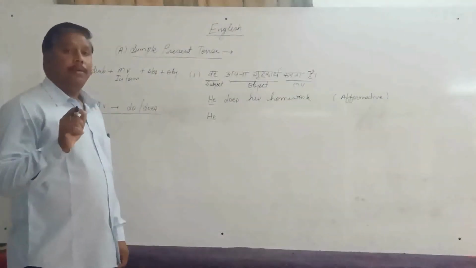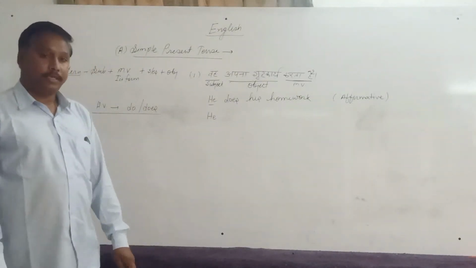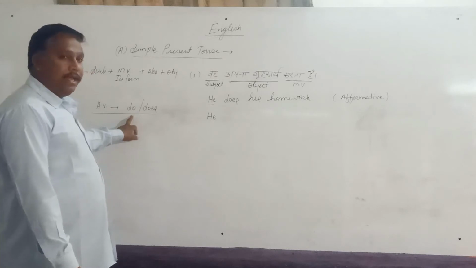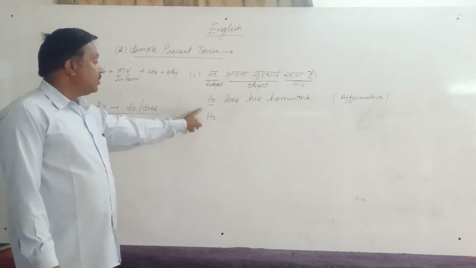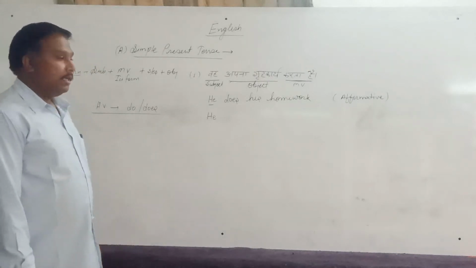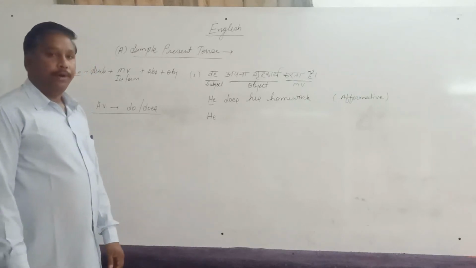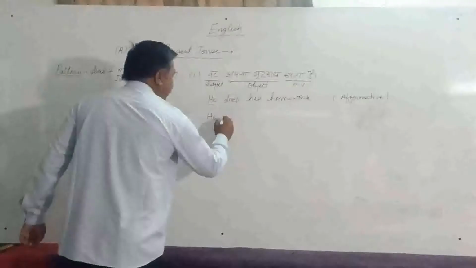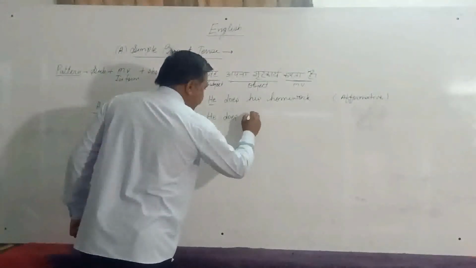Now maybe a question in your mind is where we apply do and where we apply does. We will apply do word with our plural subject. If our subject is plural, then we will apply this word. And if our subject is singular, then we have to apply this word does. So here our subject is singular, then we have to apply here does. And then negative word, not.